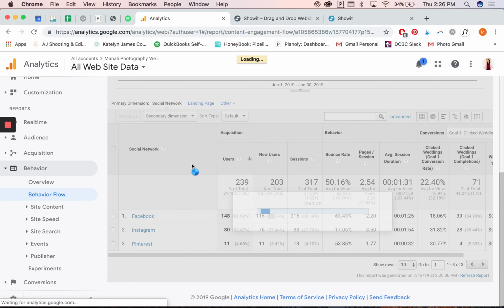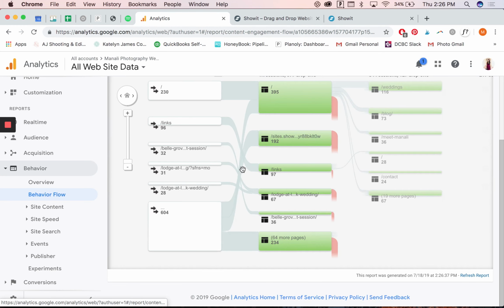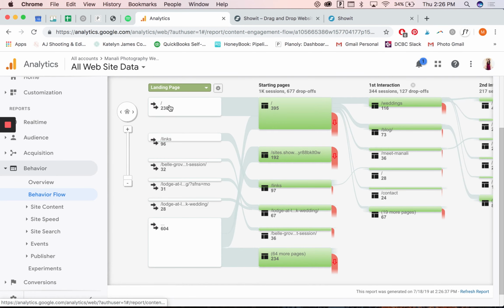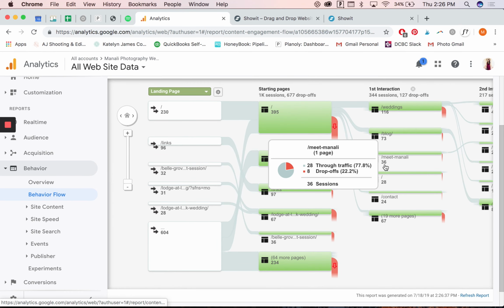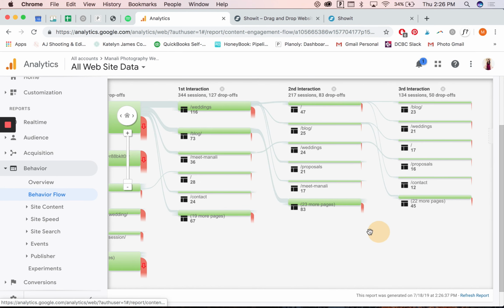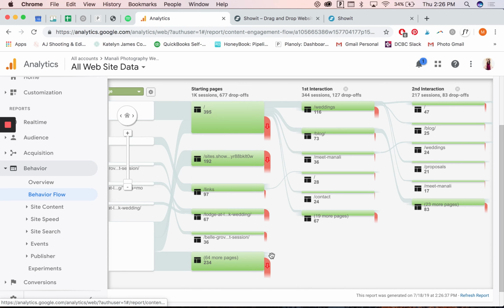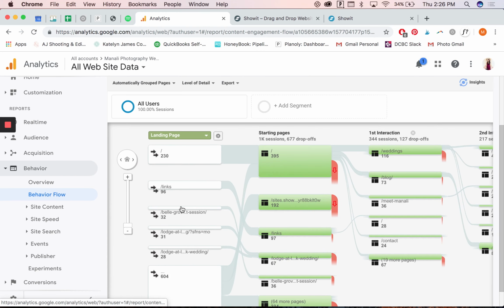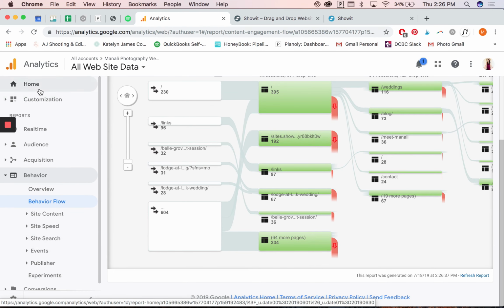You can look at a ton of different things on here. But this is really cool because it'll tell you the path that people took on your website and which pages they went to from which different pages. This can help you make sure that your site is laid out in a way that's really user friendly and makes sense for people to find your info. So that's a really quick overview of how I